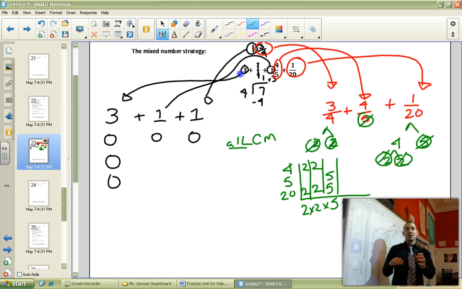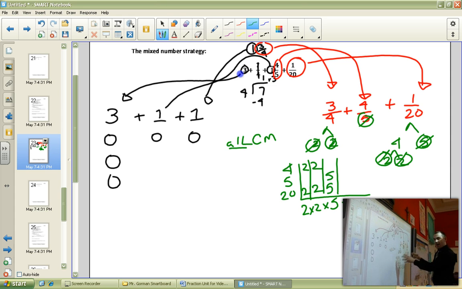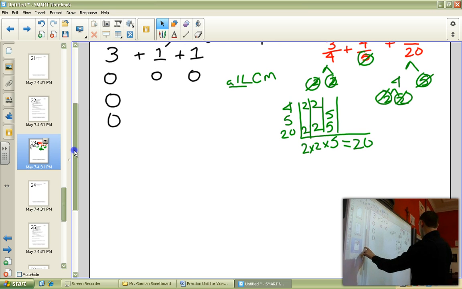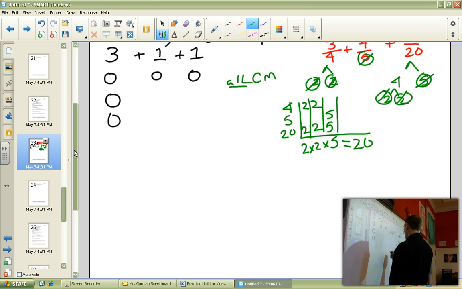That means once we've got our common denominator, okay, we need to rewrite all of our fractions as their equivalents with a new denominator. Okay, so that's our next step. We're going to take all of those fractions. Okay, I'm going to do,